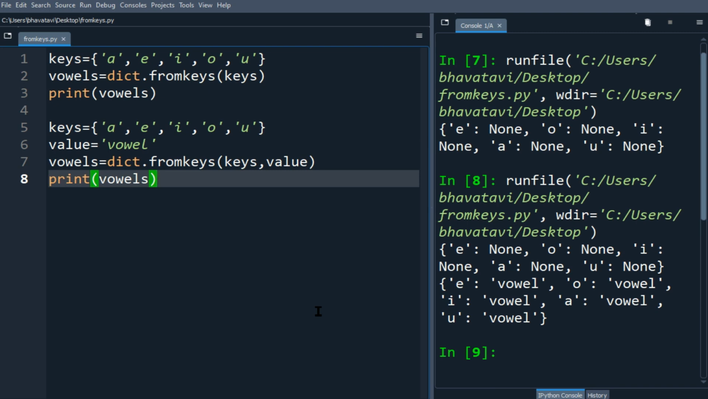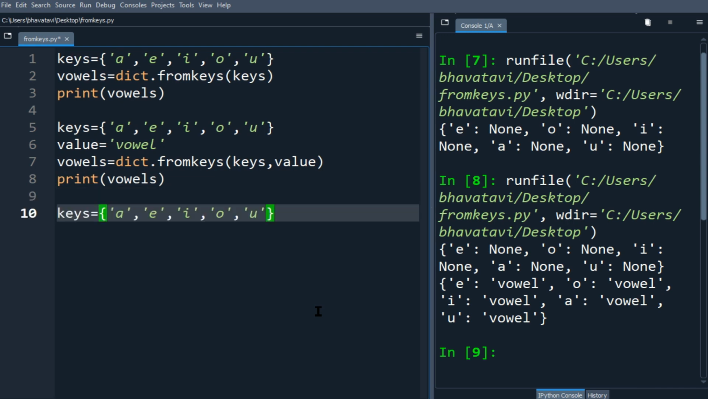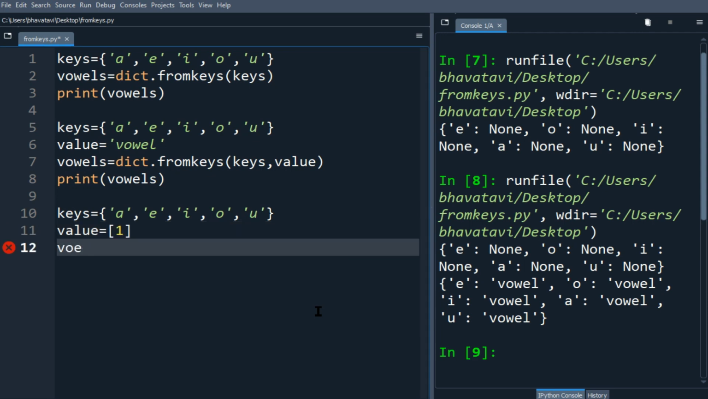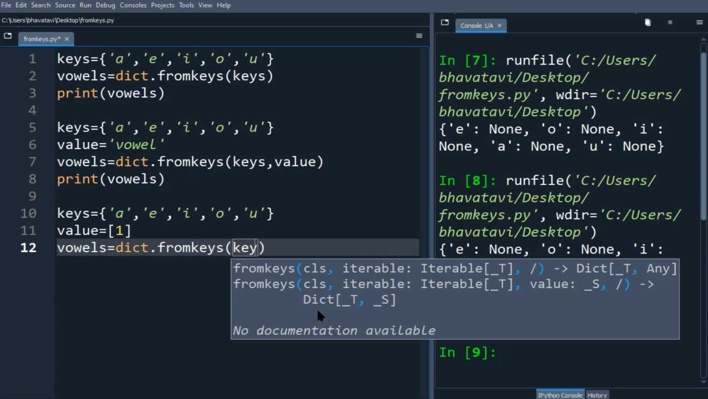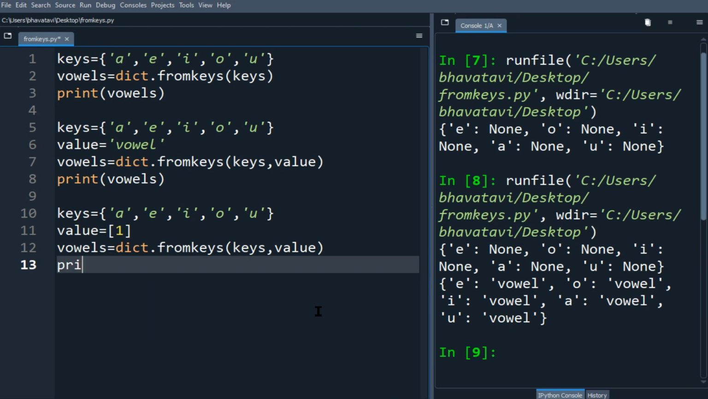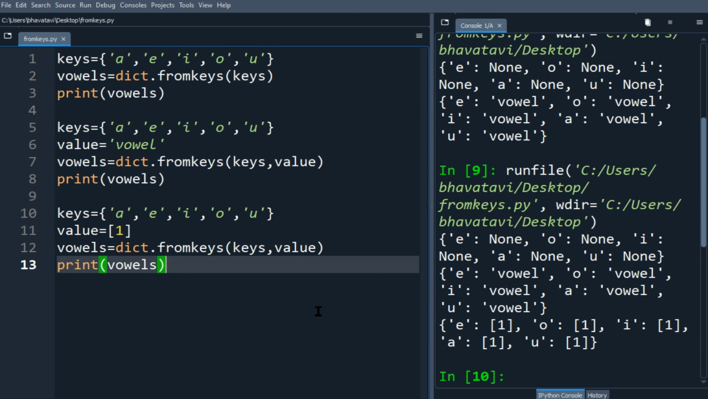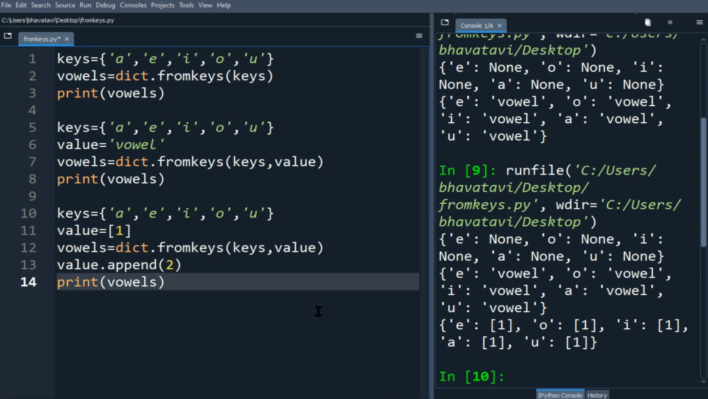So let's create a dictionary from a mutable object, a list. Let's make value a list which contains only one element, that is 1. Let's make vowels equals dictionary dot fromkeys. Here we will be putting keys and value. Let me print the vowels. You can see here the values. Let me put here value dot append. We'll append it with 2. Now let's see the output. You can see here